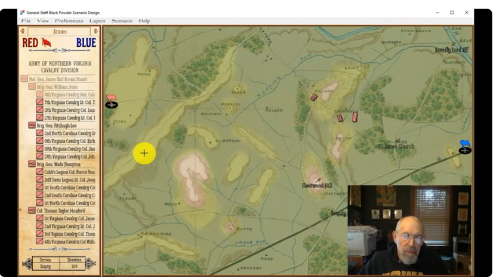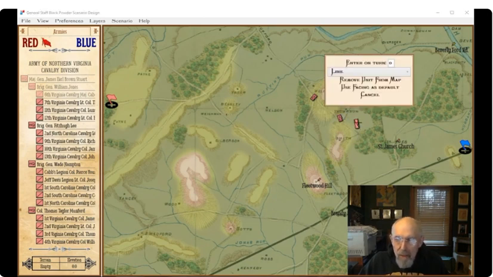It's just incredibly simple to put these units in place, so you get the idea of how this is going. You just grab a unit and click and drag it. Use the scroll button on the mouse to rotate it left and right. You can also right click on it, change it from line to column. This is how you set reinforcement, so it enters on turn, let's say 10, something like that. But that's illegal because we don't have number of turns set yet.